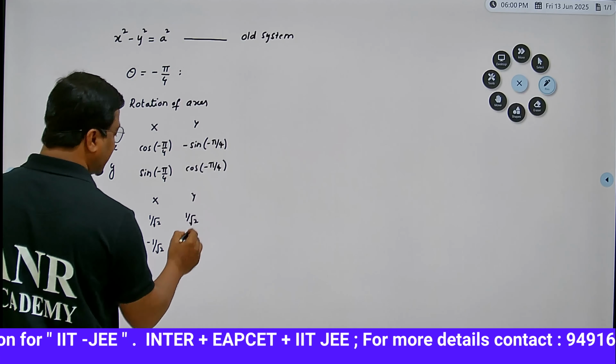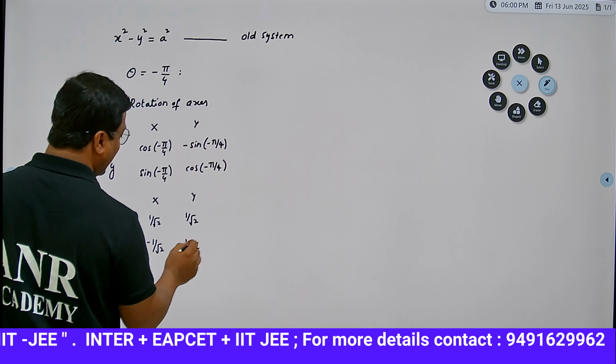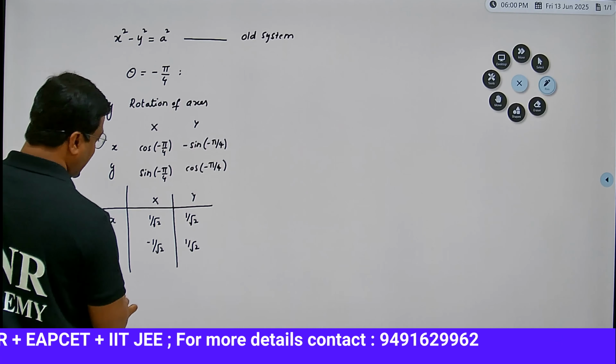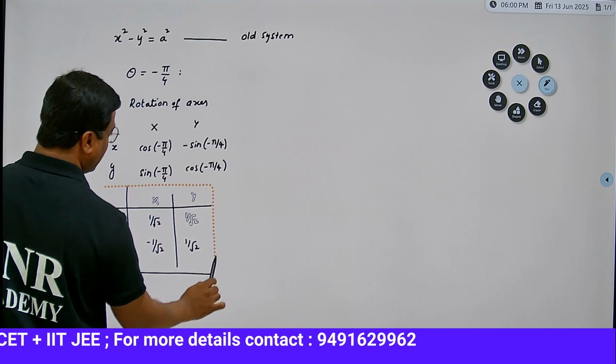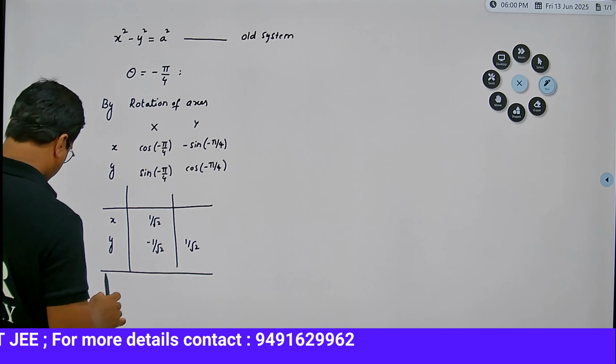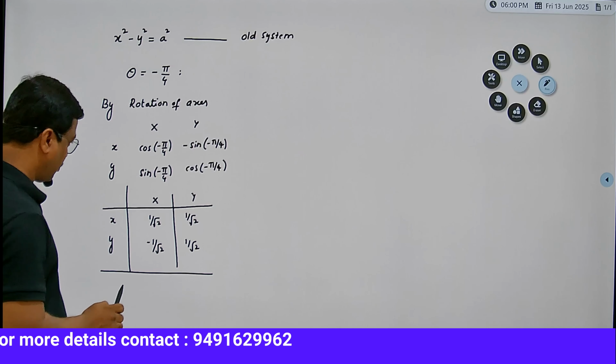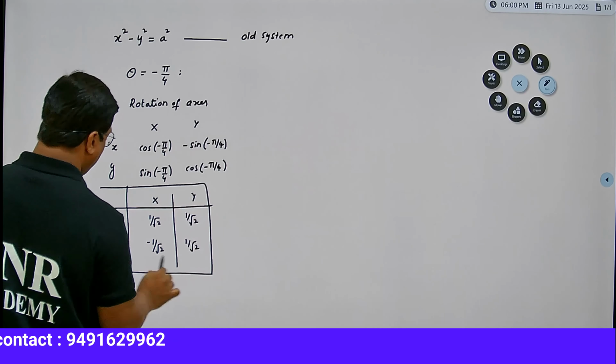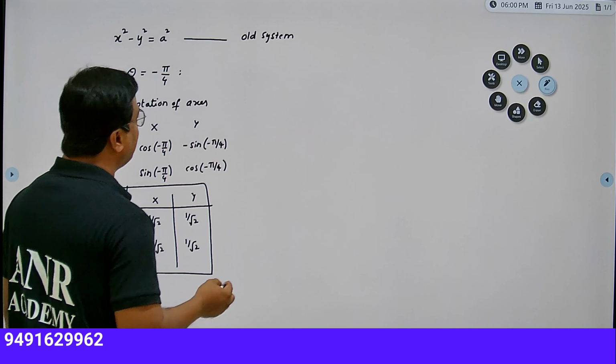Next cos of minus theta is again cos theta, so 1 by root 2 you get. This is the formula for rotation, and from this you can write